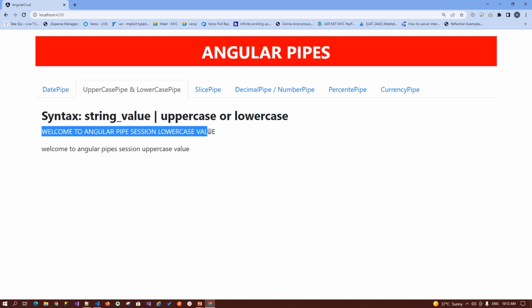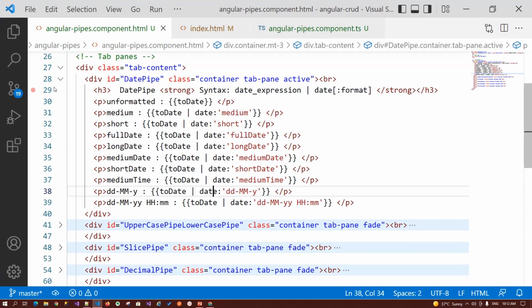So this is my lowercase value that I have defined in my TypeScript file. Using the uppercase pipe, it will convert all these values into uppercase, and vice versa for the uppercase string value we are passing to the lowercase pipe, it will convert all the values into lowercase. If we quickly watch our